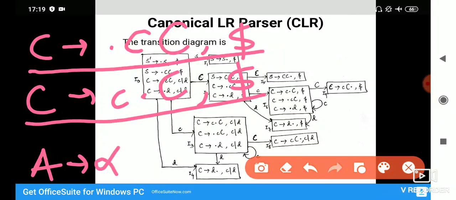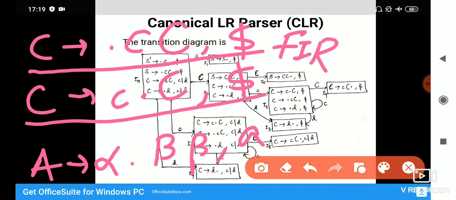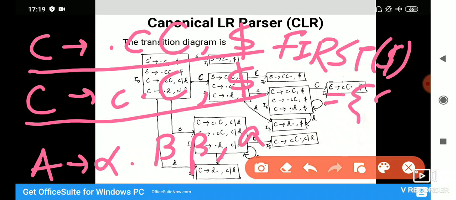For that, what we have to do? We have to compare it with A to alpha dot B beta comma a. So in our case, beta is null, a is dollar. The first of beta a will be first of dollar. The first of dollar will give us dollar. So this is small b for us.